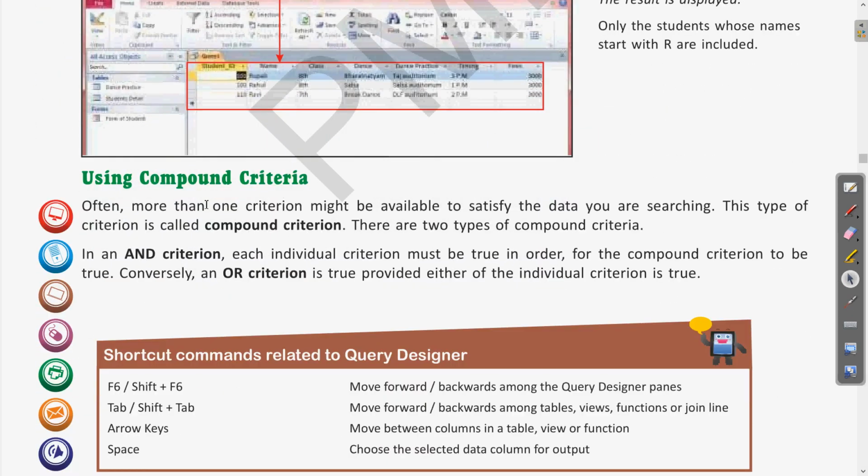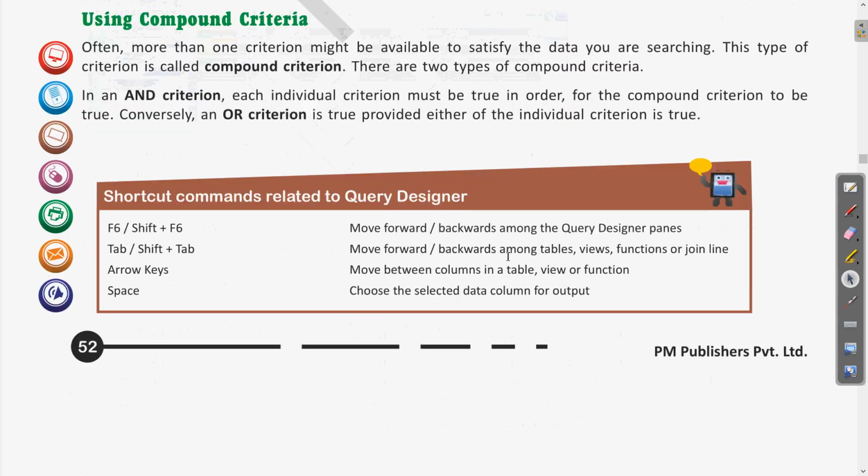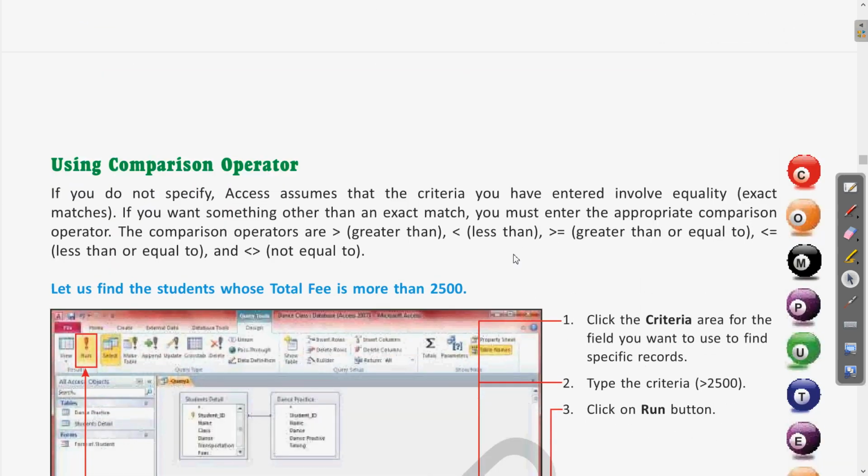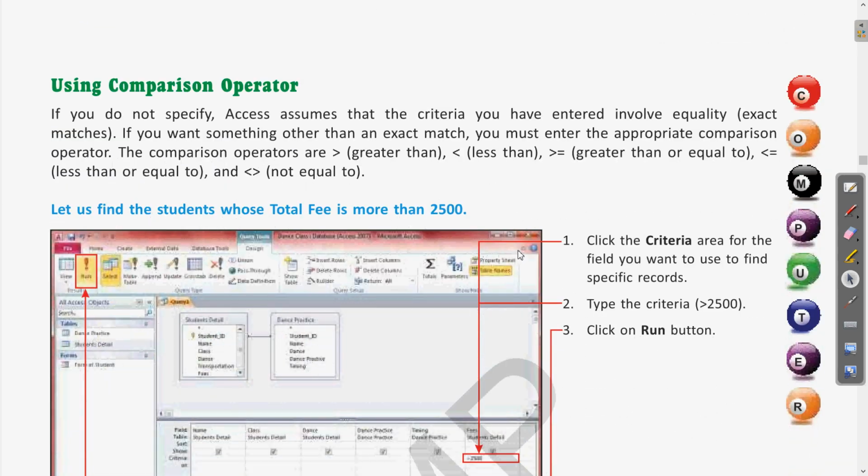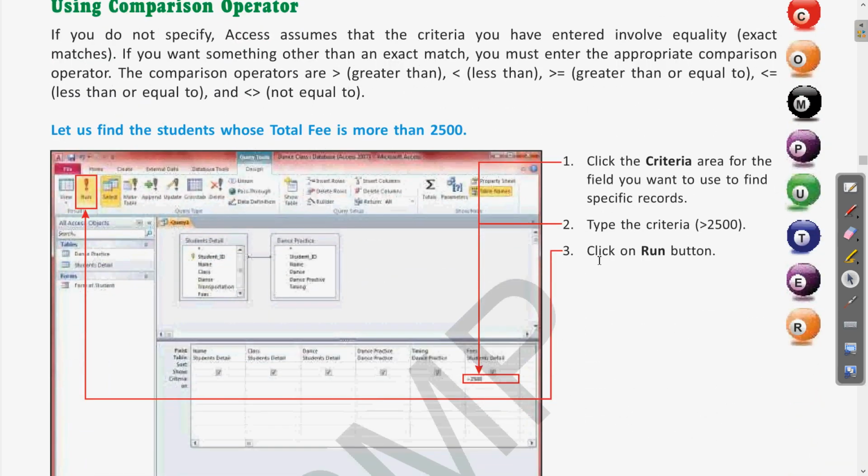Then we have seen how to use the compound criteria using the And and Or options. Then we have seen how to use the operators in these criteria. Suppose you have some numerical value and you want to get the result in the query, you can specify it with the greater than or less than symbol. Suppose you can write greater than 25,000.